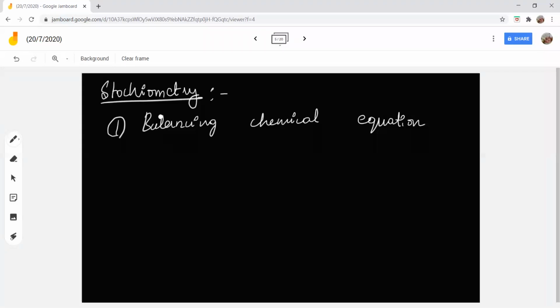For example, I'm asking a question like: when calcium carbonate is heated, it gets decomposed to calcium oxide and carbon dioxide. Am I right or not? Now, what will be the mass of calcium oxide? So I can ask you, if I wanted to get 560 grams of calcium oxide, what is the mass of calcium carbonate that I have to burn? If you do calculations for this chemical reaction, that is a stoichiometry calculation. You understand what I am trying to say?